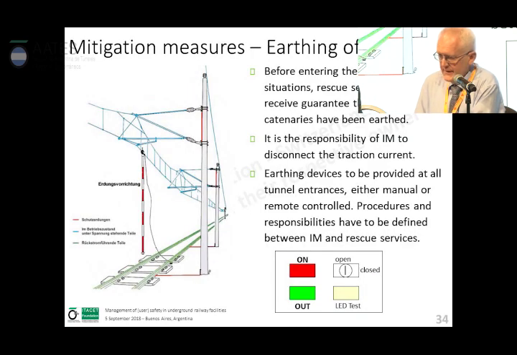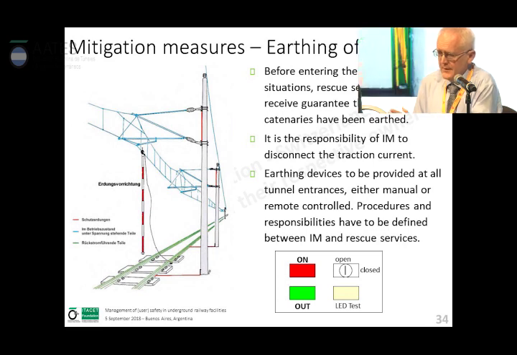Another aspect is then the earthing. So typically you are allowed to evacuate from a rail vehicle when the catenary is still on power, at least in various long-distance passenger rail tunnels. If you have a third rail and you want to evacuate along the trackway, you need to do the earthing immediately. And of course, it's very important to be able to do the earthing quite fast.